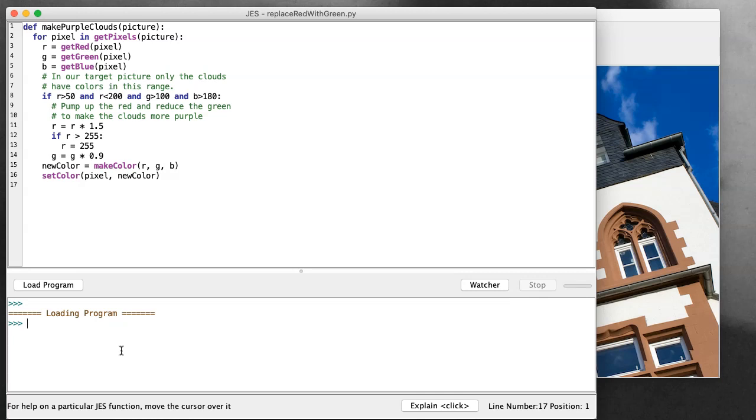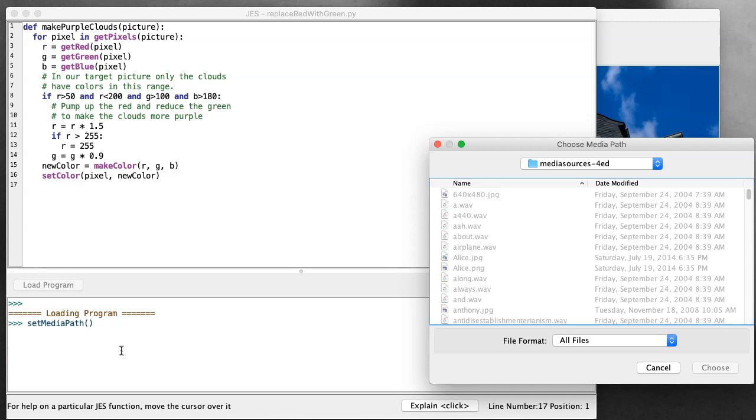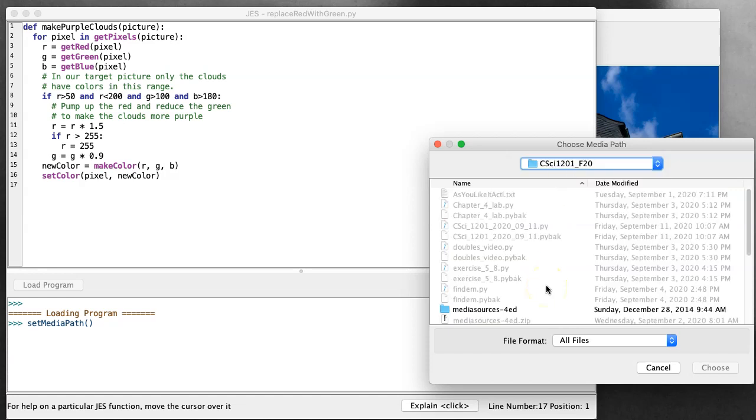So I can use setMediaPath, and if I choose that, it asks me to choose a location, and this has to be a folder. It can't be a file. And this is going to be the location where I want to read things, but it will also affect where things get written. So in this case, I'm going to go up to my 1201 folder,